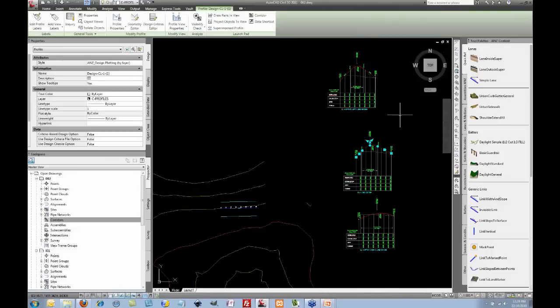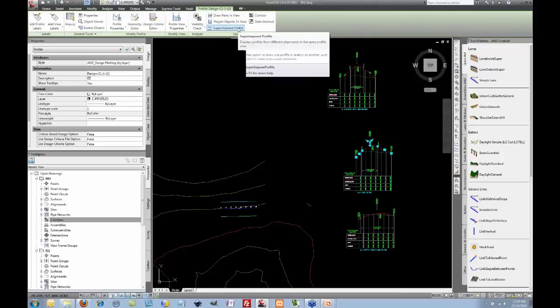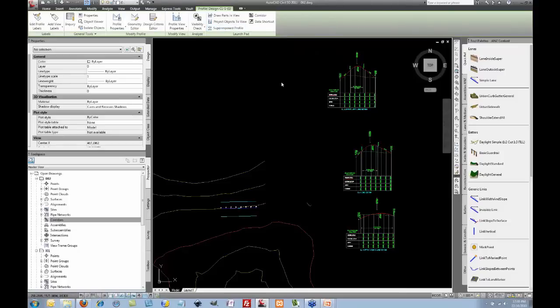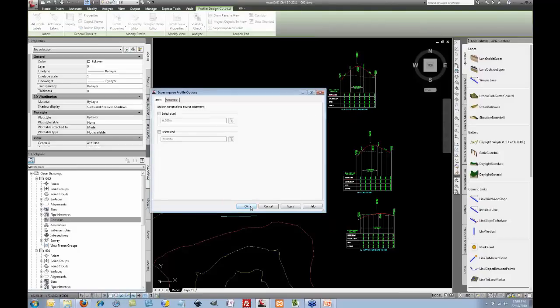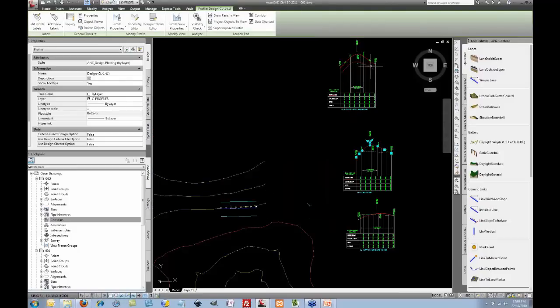I select this profile here of my center line. I want to project that onto my left edge profile above it. So you press the option on the ribbon, which updates, called Superimpose Profile. So you hit that, and it asks you to pick your profile. So I pick my left profile here. It asks me some questions, which I'm going to ignore, and it superimposes that profile for me, which is very